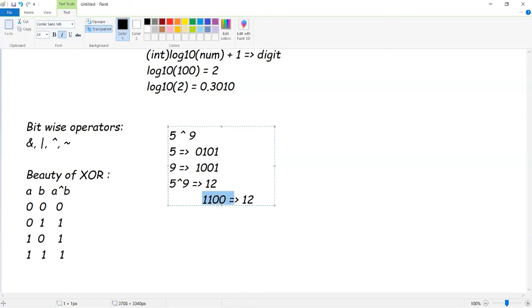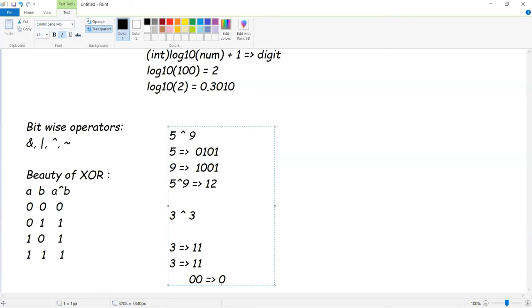Right? Let us take some numbers which are the same. Let us take 3 XOR 3. 3 is 1 1, and the other 3 is obviously again 1 1. When we perform the XOR between these bits, we get the answer 0. We convert this particular 0 0 to decimal, and again it results in the answer 0.